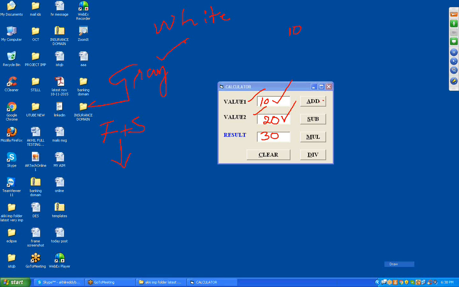Got it, ma'am? Yes, I got it. Previously, all the companies encouraged only gray box testers. Okay. Nowadays, none of the companies. Why? Because